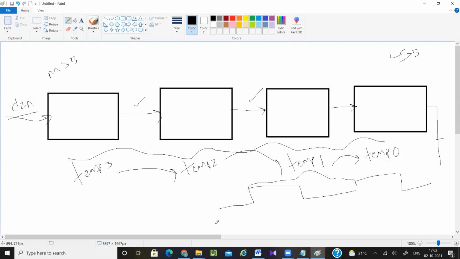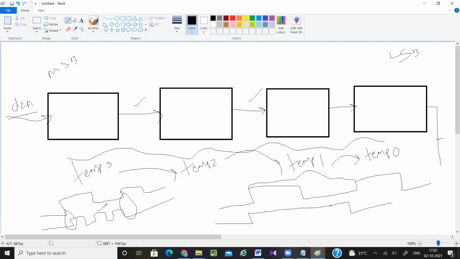So I have changed my data here. Next I should change the data after one clock period. If this is my clock and I am repeatedly changing the data like this, I will miss some data, because here it will get captured and here it will get captured. What about this data? It will get lost. So whenever you are writing the test bench, always remember to provide one data for one clock period. Don't provide 3-4 data for one clock period, else the flip-flop will not be able to capture those values.